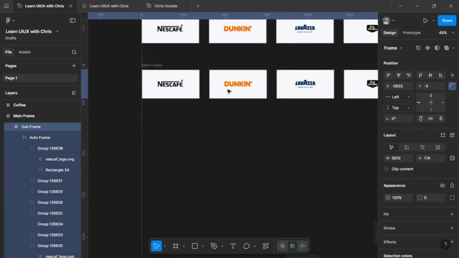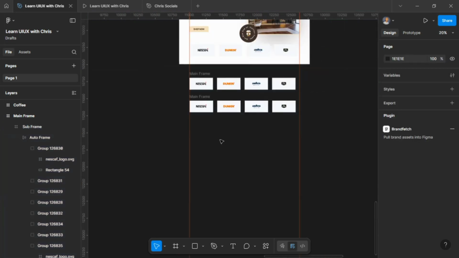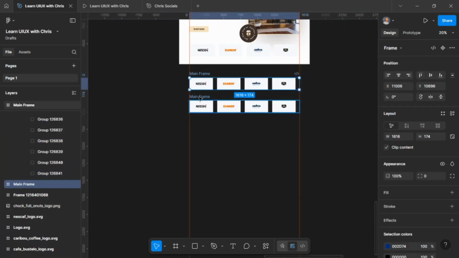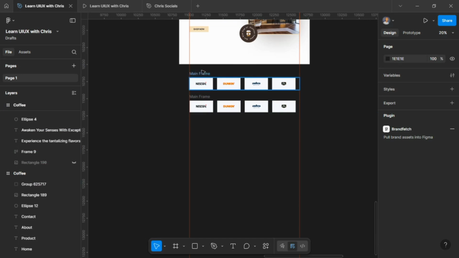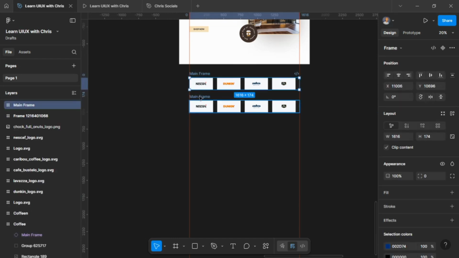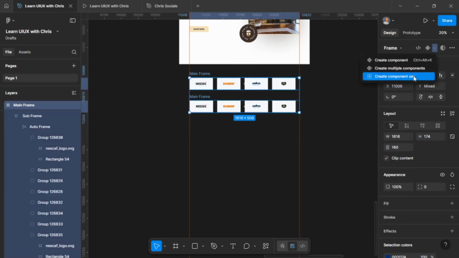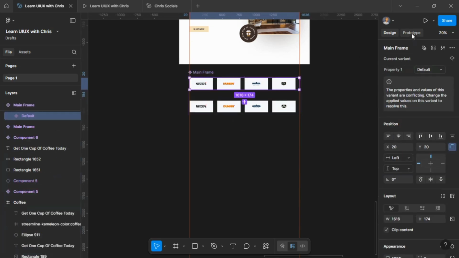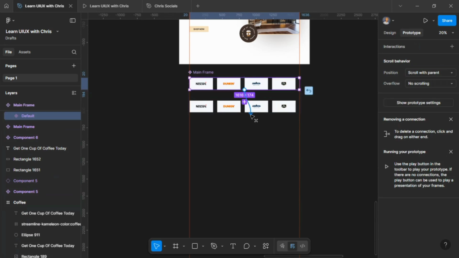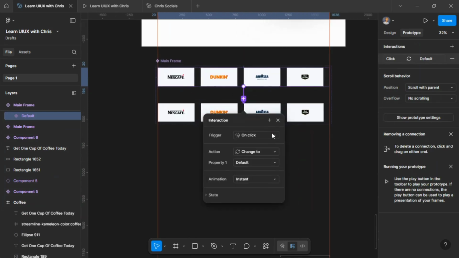Now, next we need to do is prototype. We're going to make use of components, right? And let me delete this previous component so it doesn't disturb us. To do that, you select the two main frames, right? And you create a component set. Now you've created a component set. You click on the first one. You go to your prototype panel. You drag the toggle down to the second one, and